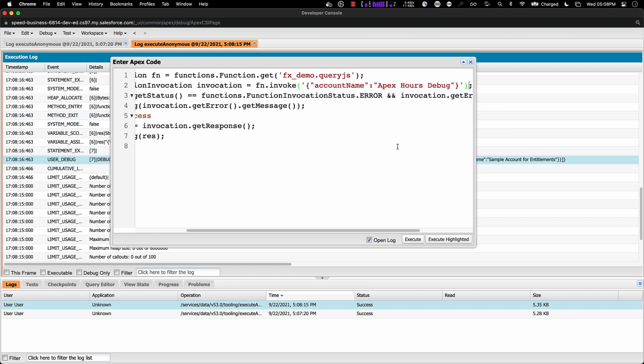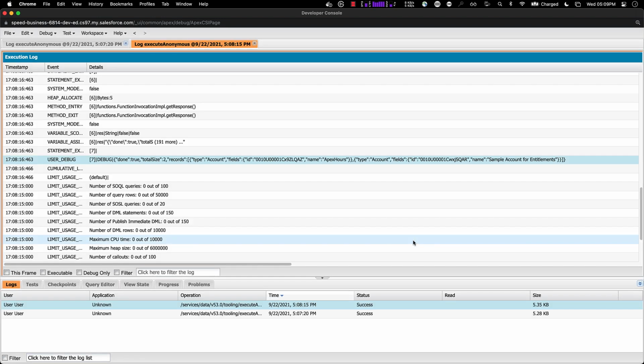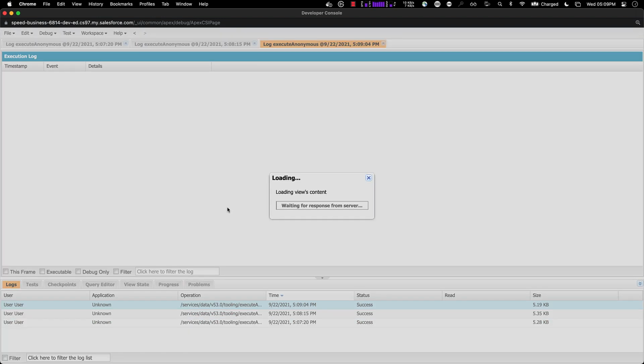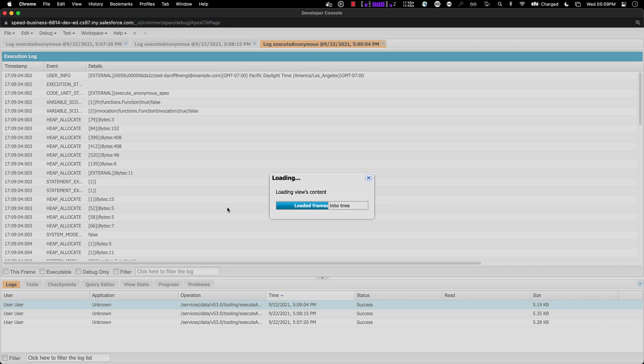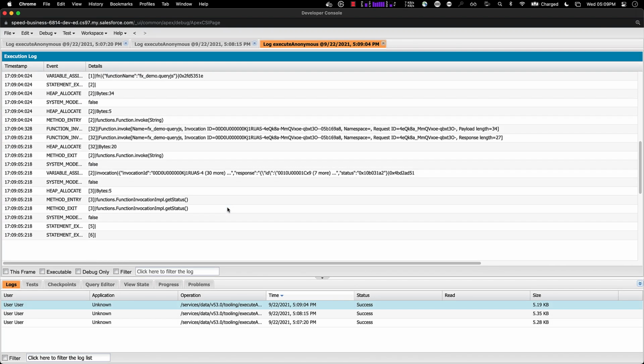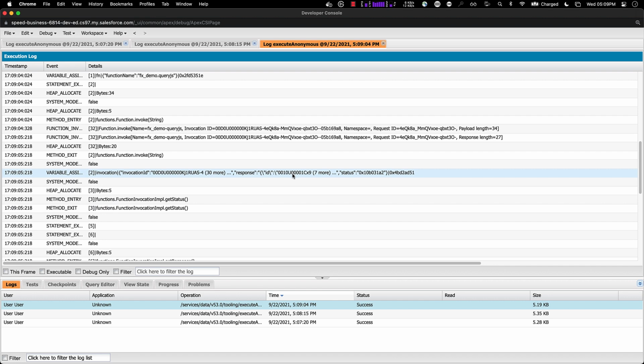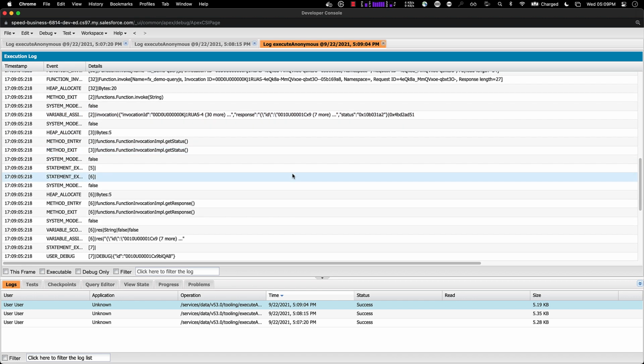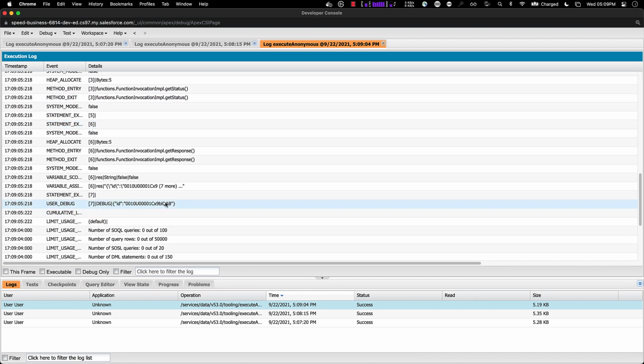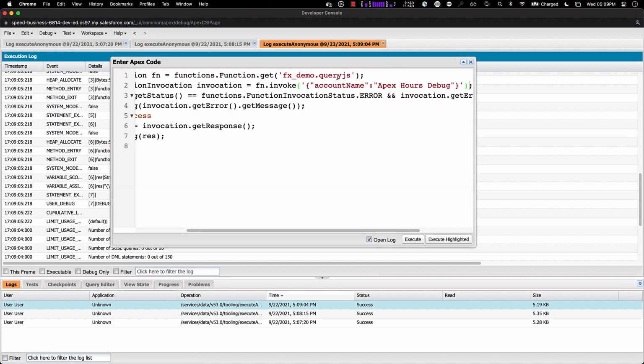It's going to be a new account created from the debug console. So let's run execute. We are now creating a new account. Let's see if we have an ID. Perfect, we have an ID, so the account was created, and we can go ahead and run the query